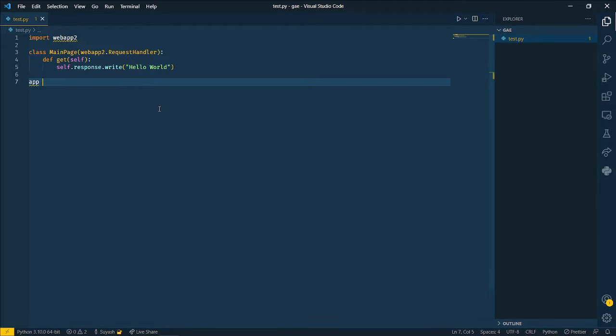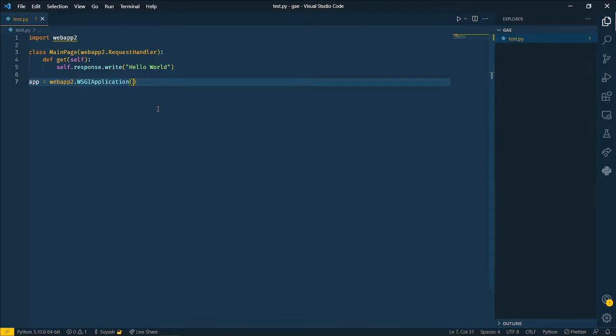And we'll create an application which tells a WSGI server. What a WSGI server is: it is a server which will route the request to this application. It tells that if any request comes, that application receives a request at a given route, and that route needs to fetch the data from this particular class. So that is to be told here.